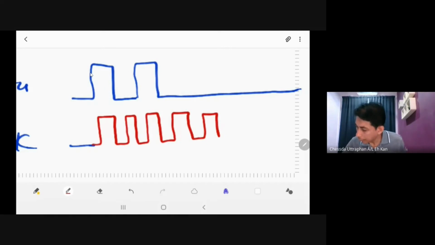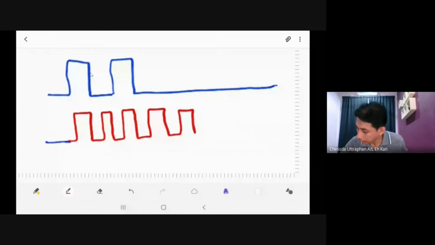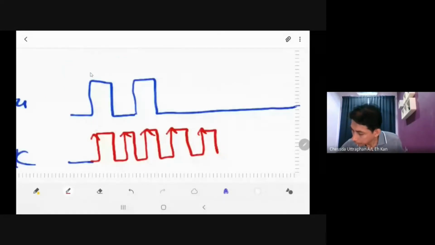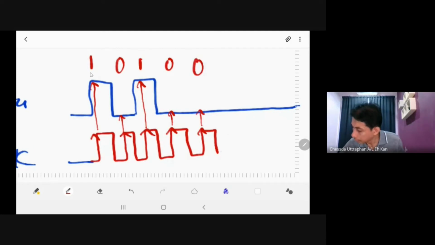Let's say we read the data at every positive clock edge. So here, here, here, here, and here means that 1, here 0, here 1, here 0, 0, and then you have